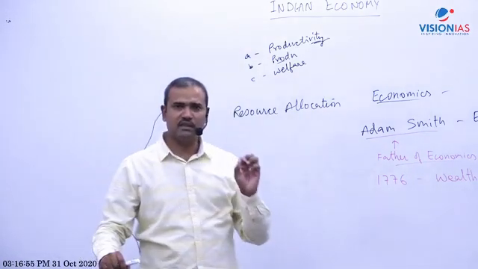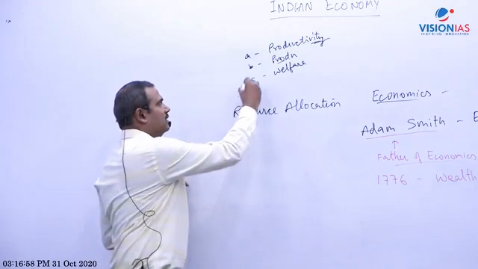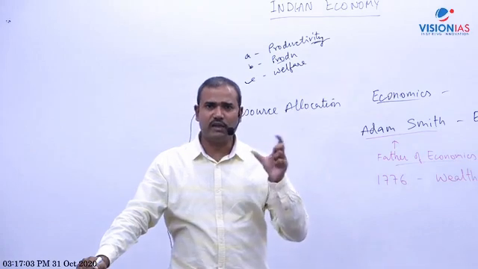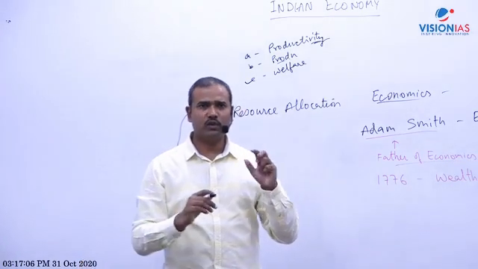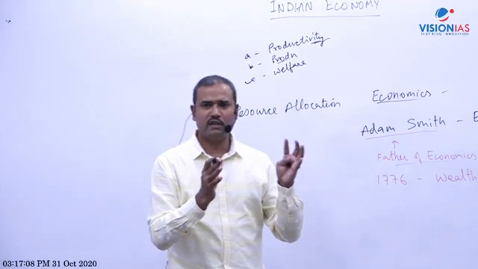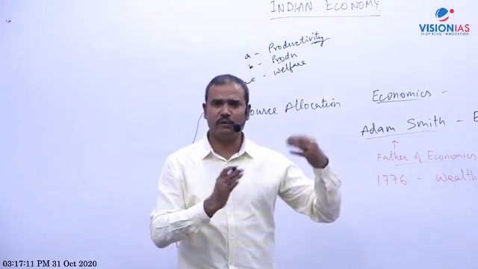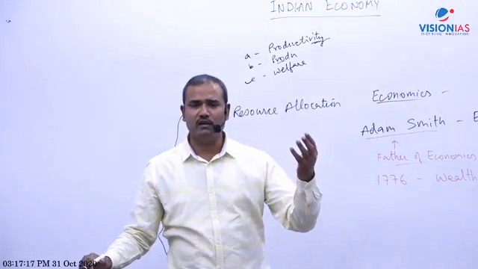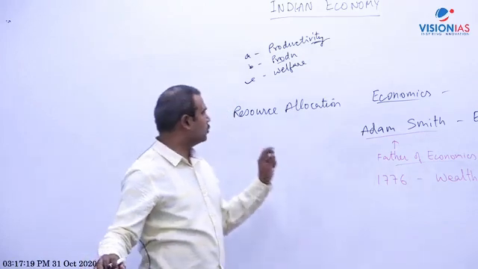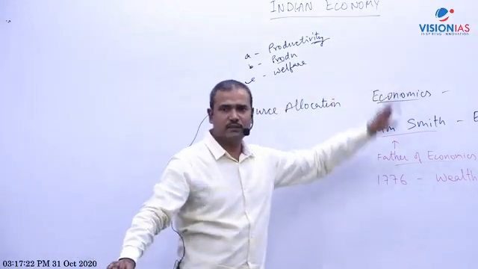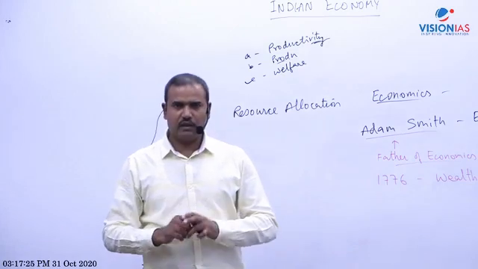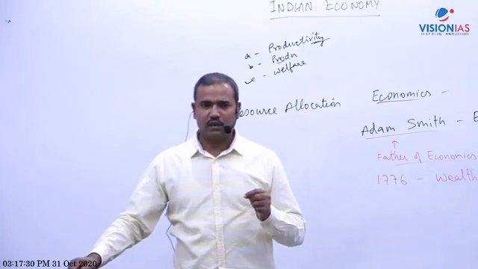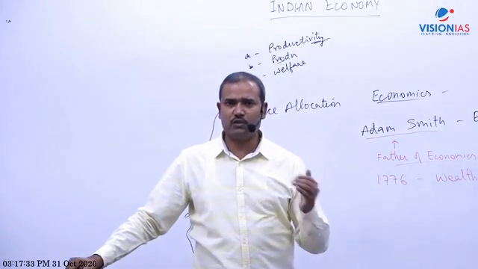Remember one thing, the answer is welfare. The others are means only. The ultimate objective is to enhance the well-being of people, technically material well-being. So resource allocation will be optimal when we produce those goods and services which will maximize the welfare of people, meaning human material well-being. We shall produce those goods and services which will give maximum satisfaction to people and enhance their well-being. So you may write down another simple definition of economics: it is concerned with the optimal allocation of scarce resources.